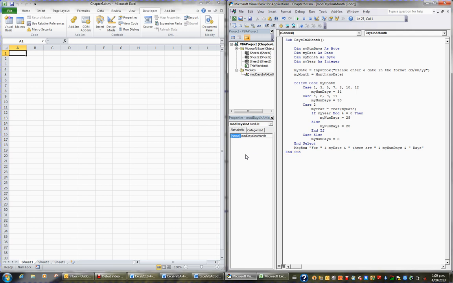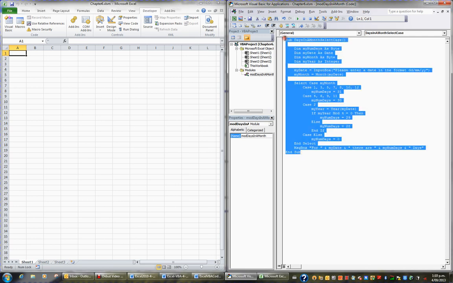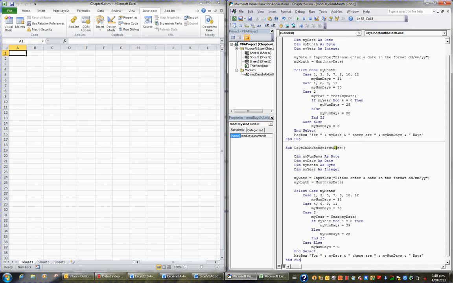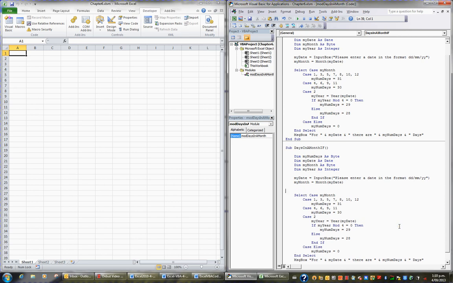And F8. So the select case is very useful. If I was to use an if statement, let me show you how long it would take. Let me just rename this select case. And let me just take a copy of this, put it below, and call this one if. So, select case my month. Here I would have to say if my month